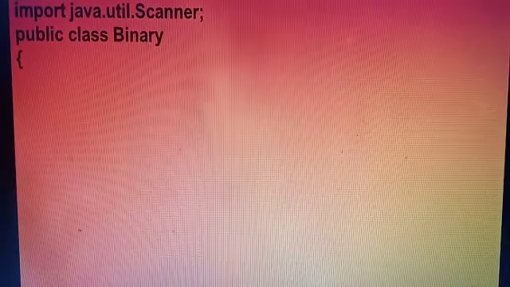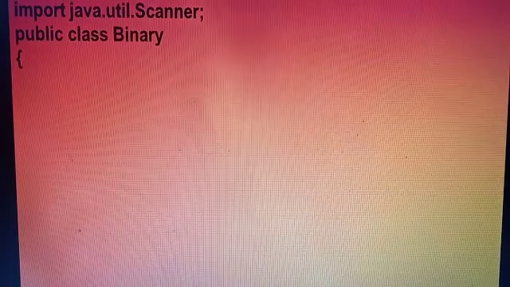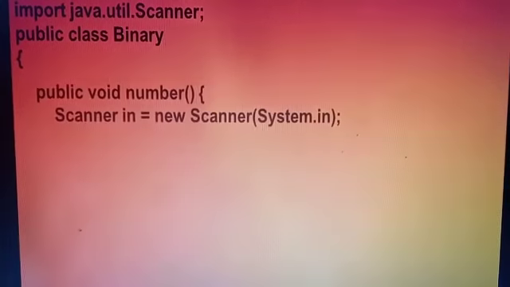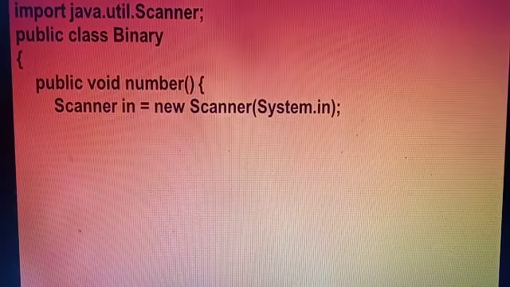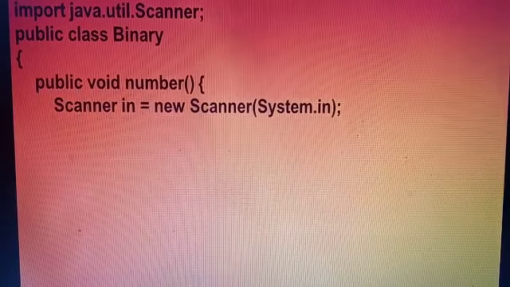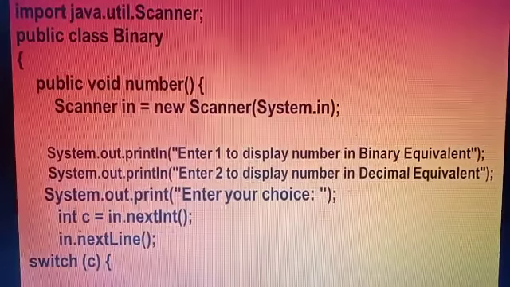The package we are using: import java.util.Scanner class. public class Binary, public void number, Scanner in = new Scanner(System.in); terminate with a semicolon.